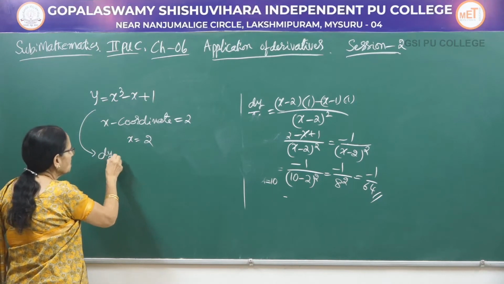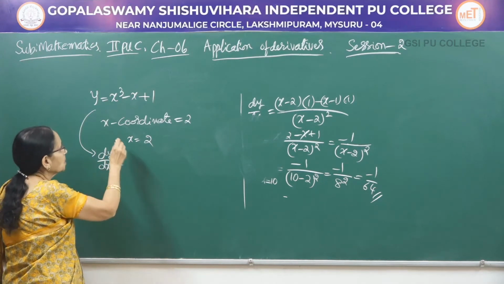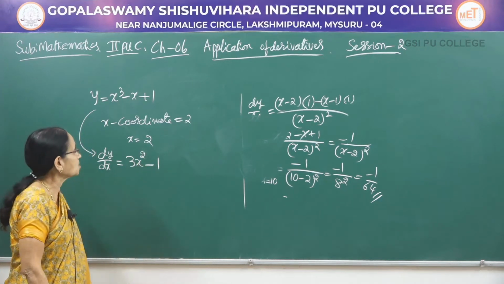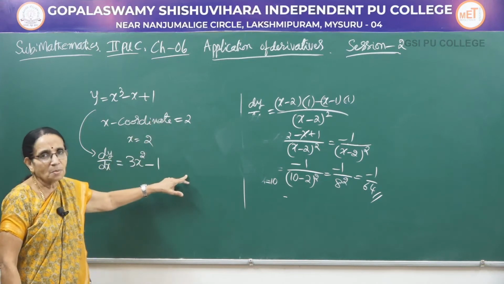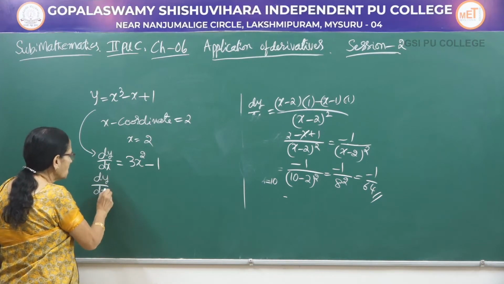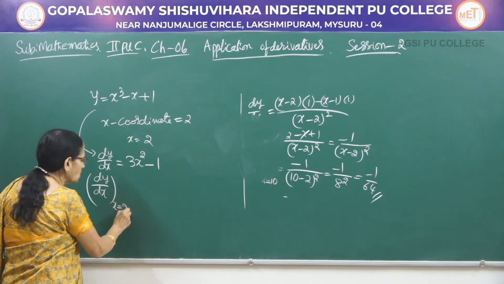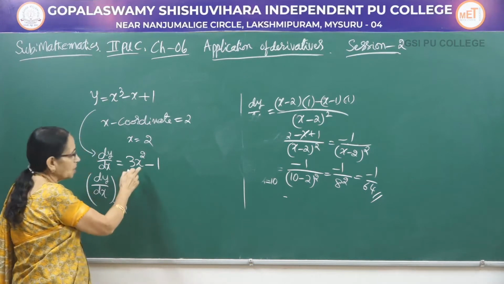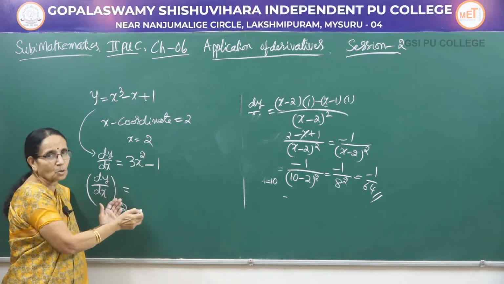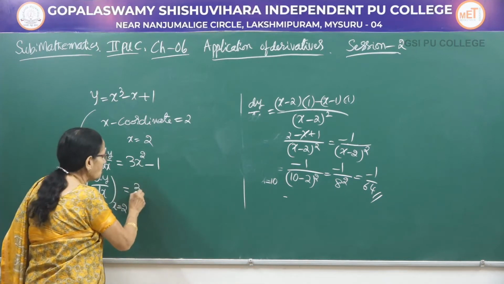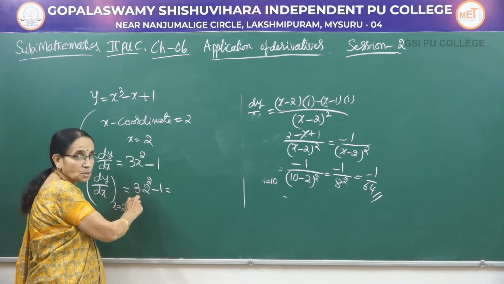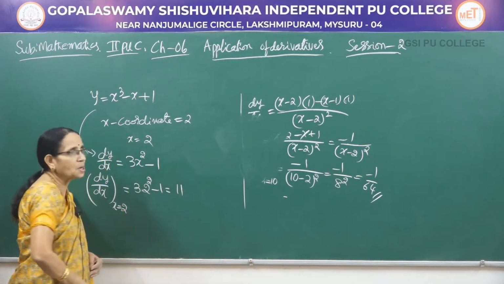Now it is a polynomial function. dy by dx would be x cube becomes 3x square and x is 1. So it is 3x square minus 1, 1 being a constant becomes 0. Now at this point we have to calculate dy by dx at x is equal to 2. You write wherever x is there, write the value, or you can write one more step, 3x square minus 1 at x equal to 2, or directly you can write the value 3 into 2 square minus 1. 2 square is 4, 4 3s are 12 minus 1, that would be equal to 11.